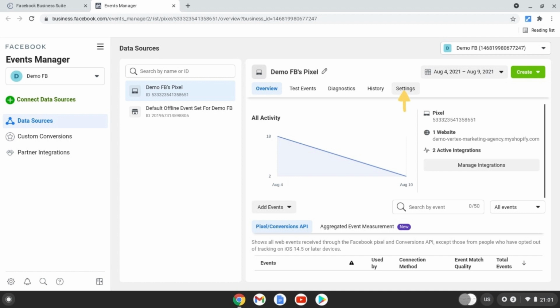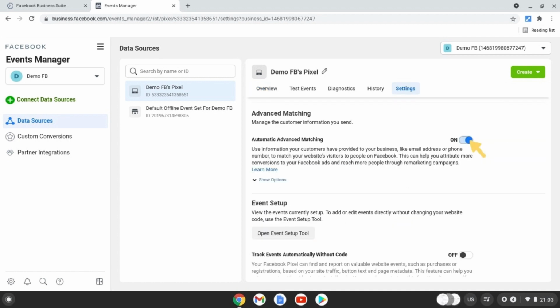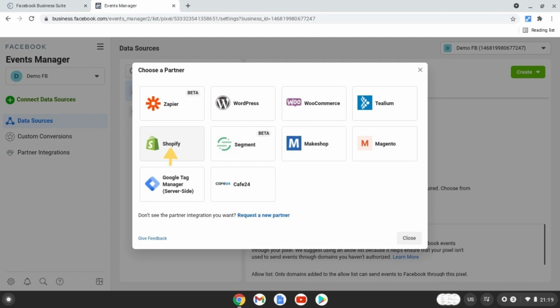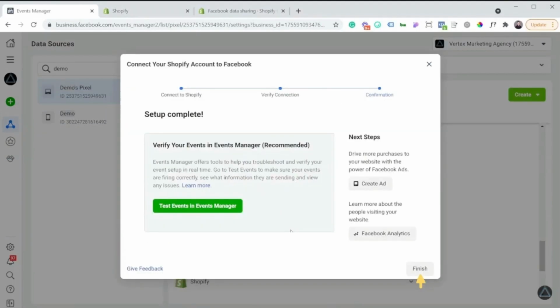After that, in your Facebook Events Manager, open your settings, and this is where the magic happens. Now scroll down to turn on advanced matching, and now scroll down to the conversion API and choose a partner. You'll want to remove any current partners if you have any, and choose Shopify, and then click the finish button. After finishing it,